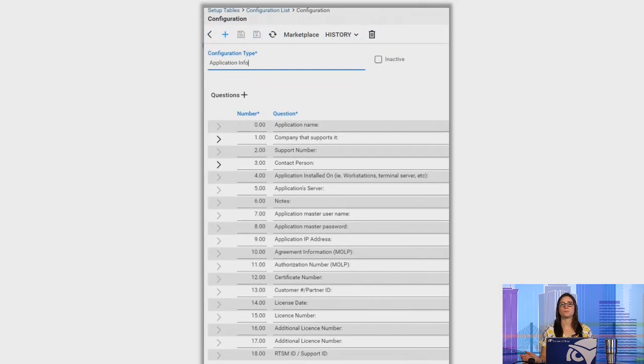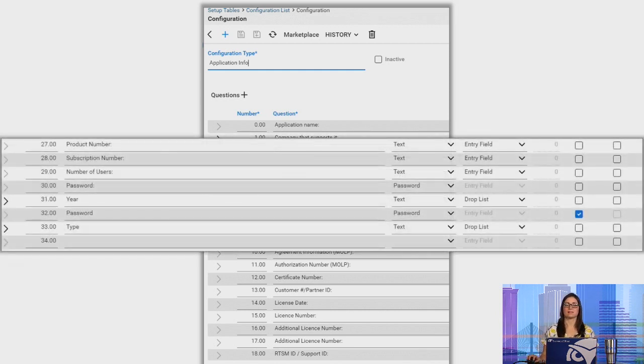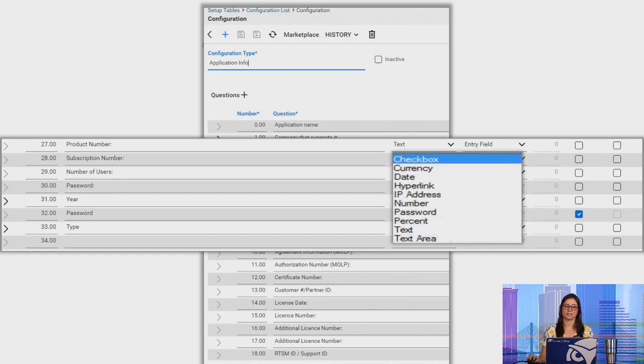Now, configuration types are super helpful. Generally, we can create ones for sales and marketing, but most commonly these represent things like workstations and servers. Now, we can have things like the application name, what's being included. Something like a workstation might have the operating system, etc., passwords, addresses. But what's nice about this is that when we're creating types, whether it's for sales, marketing, service, it could even be to represent licenses that we renew or certifications that we renew, when we create these questions in the setup tables, we can decide how the